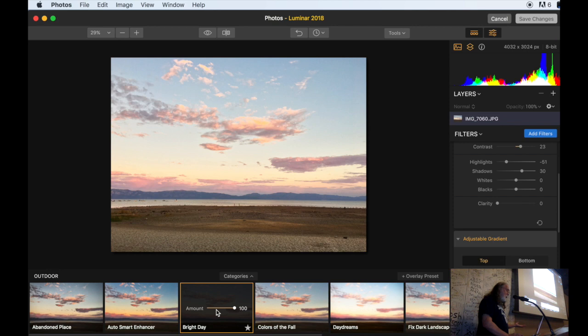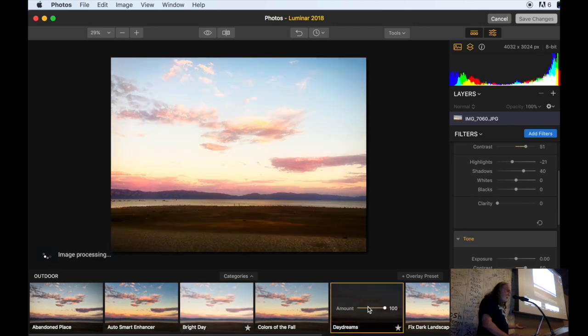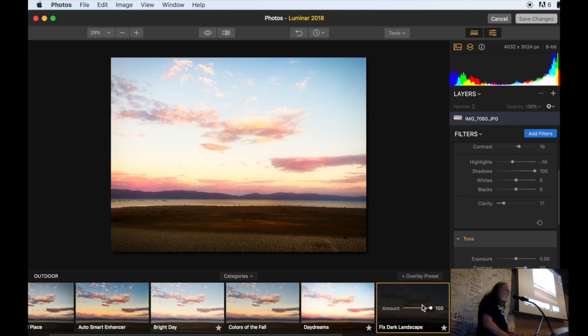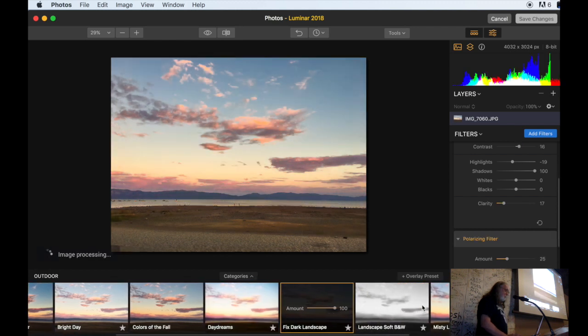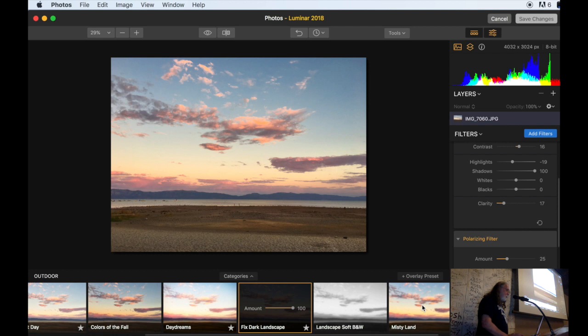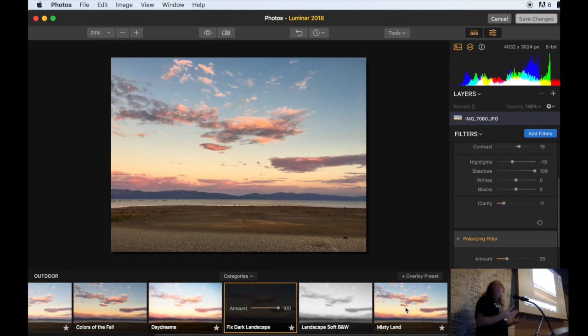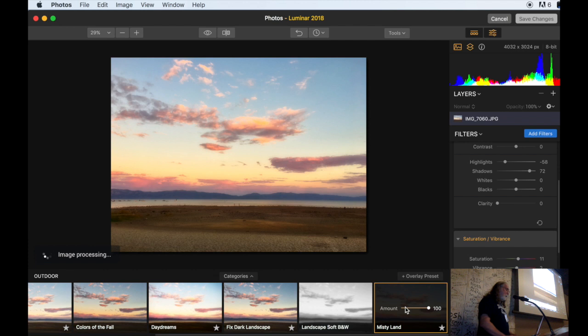It turned the sunset into something that looks more like an afternoon. Daydreams. This is one for fixing dark pictures. They have several that basically add a soft focus effect, which is not easy to add to pictures without making them look horrible. And these are all things that you can play around with and